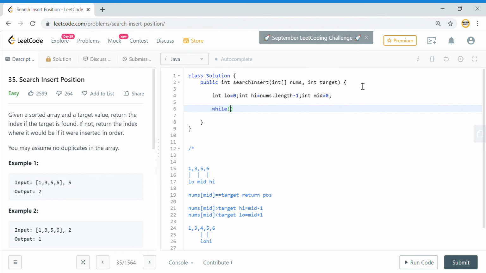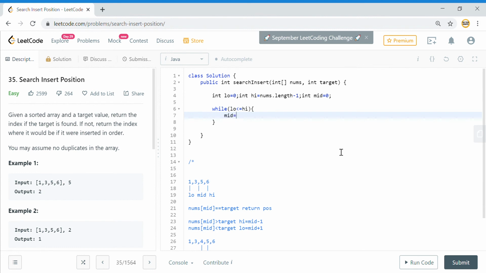I will loop while low is less than or equal to high, and my mid will be low plus high divided by 2.